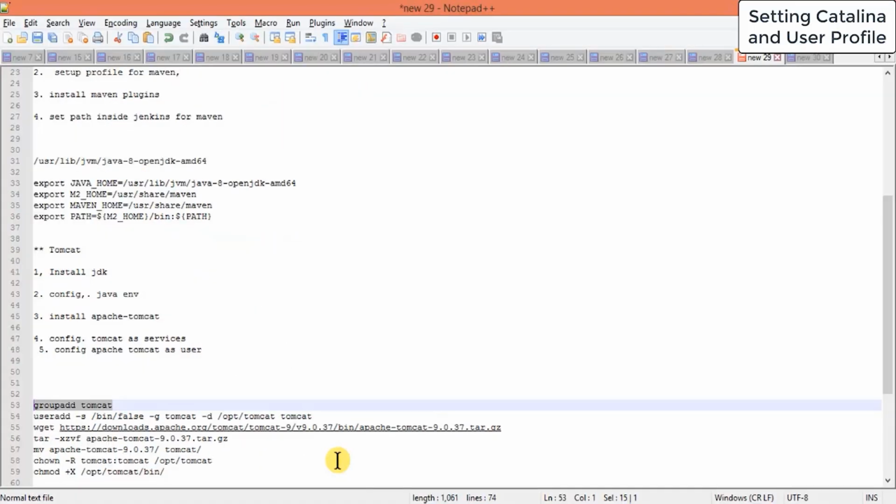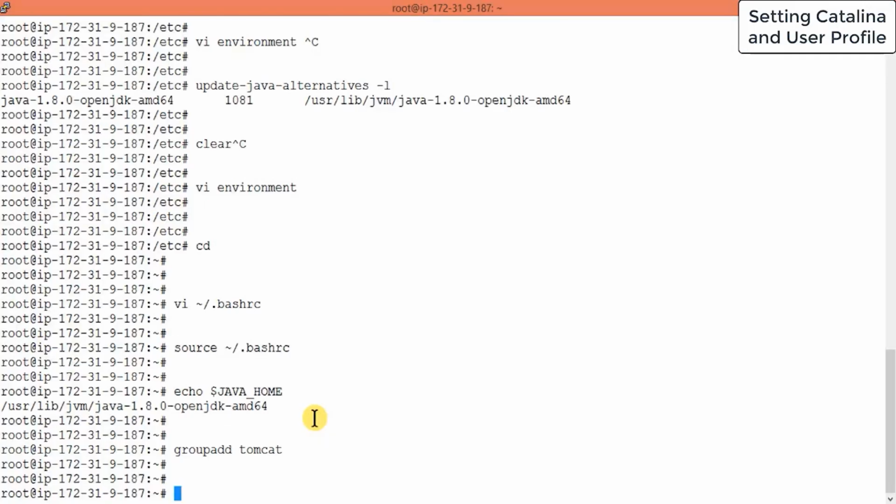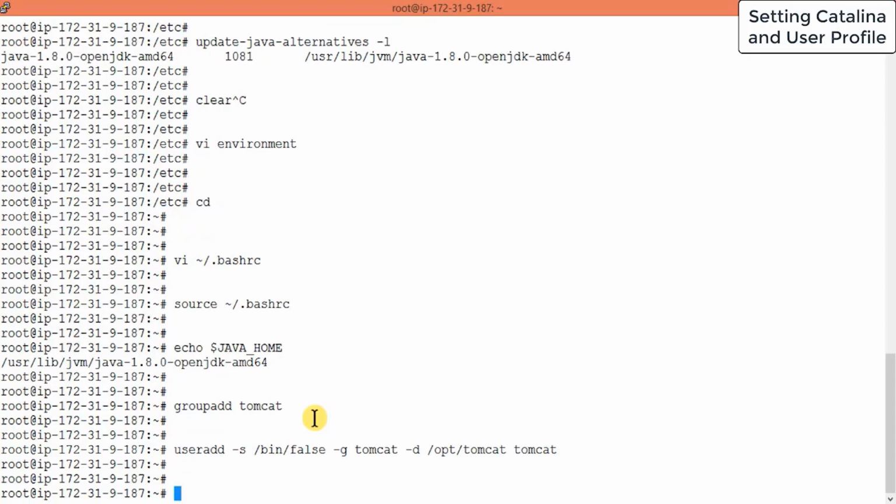Group has been added. The next thing you have to do is create a user. For that I will add the user Tomcat to the directory, with group name Tomcat only. So user and group name will be this. So this has been added. Now we have to go to the opt folder,